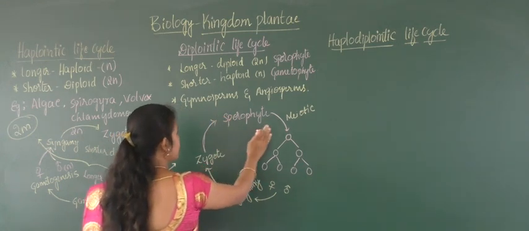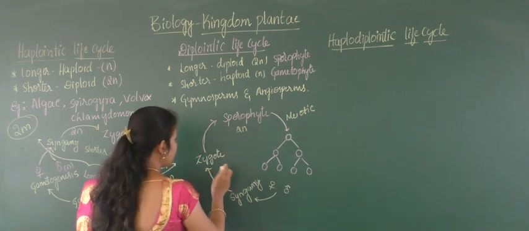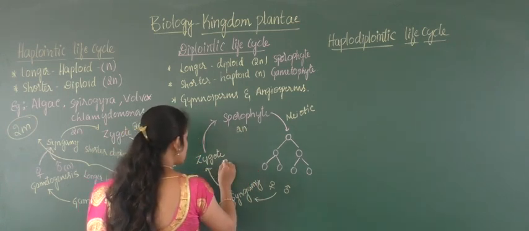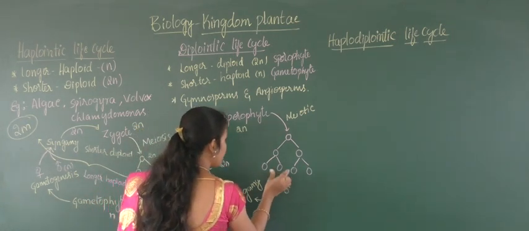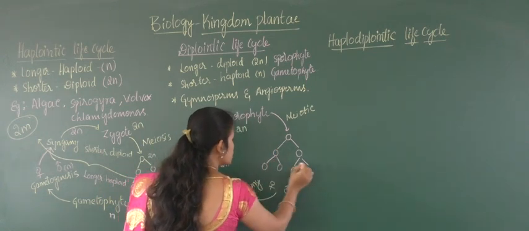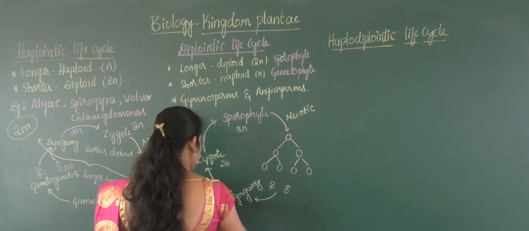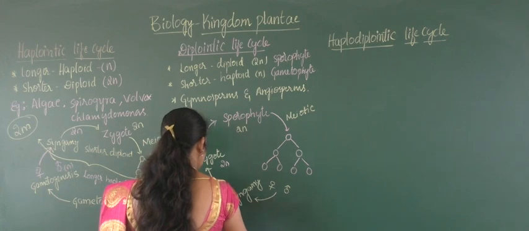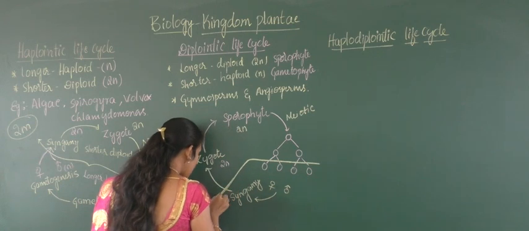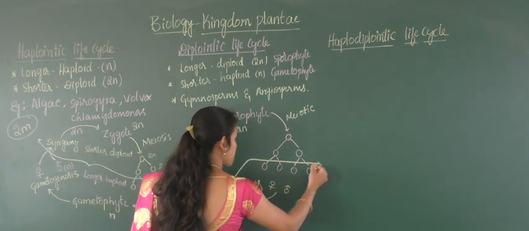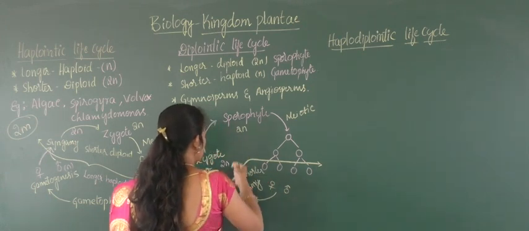So you can find the sporophytic plant body which is 2n in condition, and later the zygote will also be 2n in condition, and the syngamy process results in 2n also, and a very shorter period of this much which has a haploid stage. So this has a haploid stage. This is a very shorter period and this is a longer period.